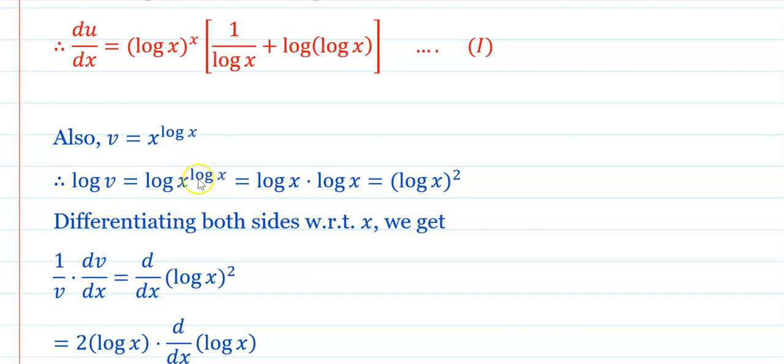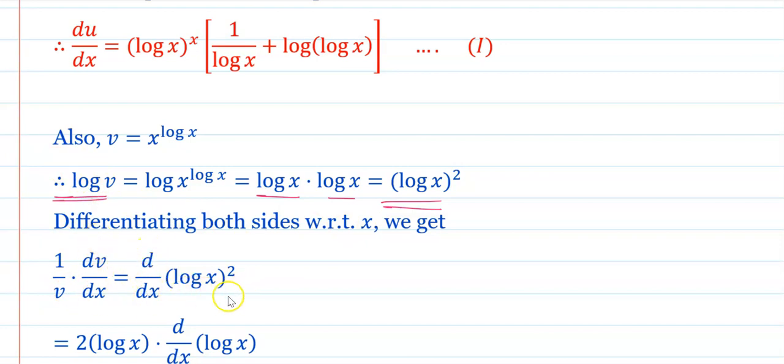It can be written as, the power comes in front, into log x. Log x into log x means what? Log of x bracket square. Therefore, you will get log of v is equals to log of x bracket square. Now differentiate this with respect to x. Log of v's derivative is 1 upon v into dv by dx, is equals to d/dx of log of